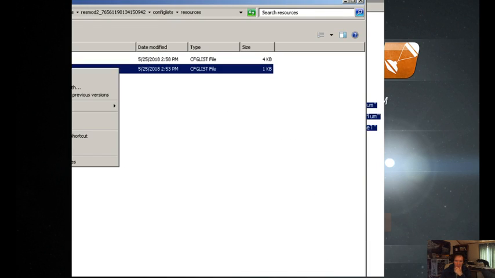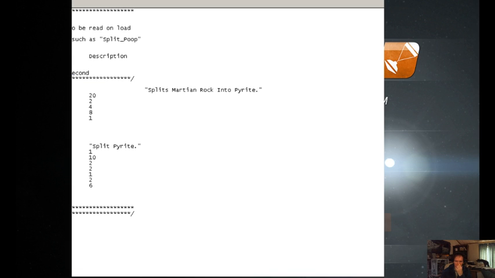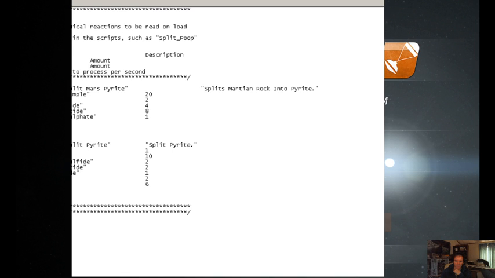Now I'm going to get rid of these trace chemicals altogether. Now I've got to go back to the split Mars pyrite. I might just delete that altogether too.